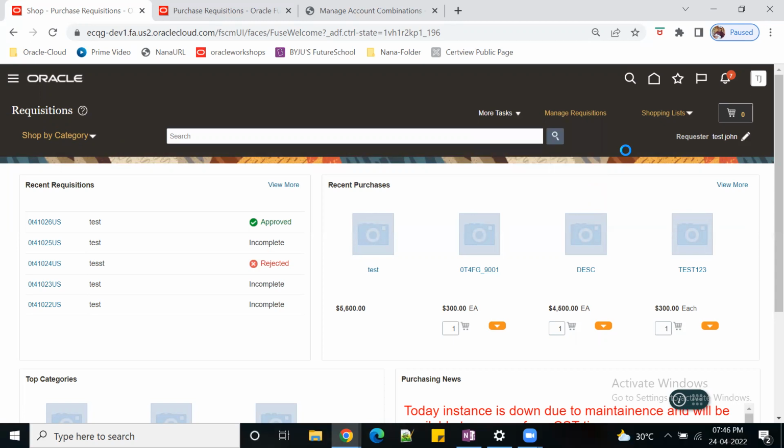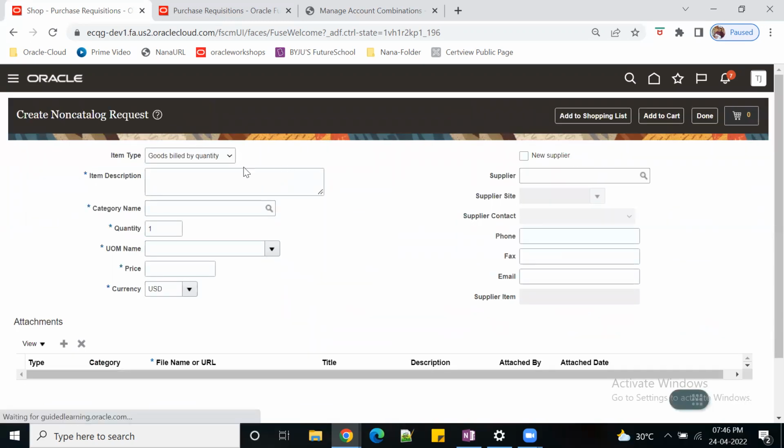either non-catalog or through the item. The procedure is the same, the functionality is the same, the business scenario will be the same. So I'm taking a non-catalog item request, or there are multiple ways. If I want to take an existing one, then I can edit it as well. It's not a problem. I'm going to create one